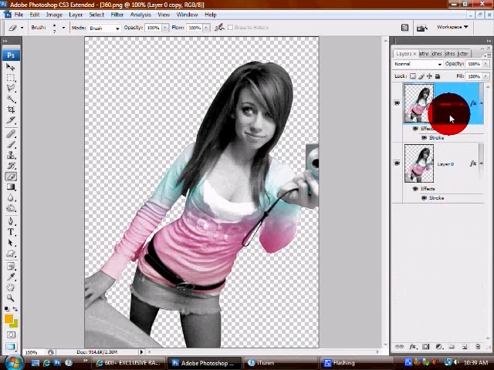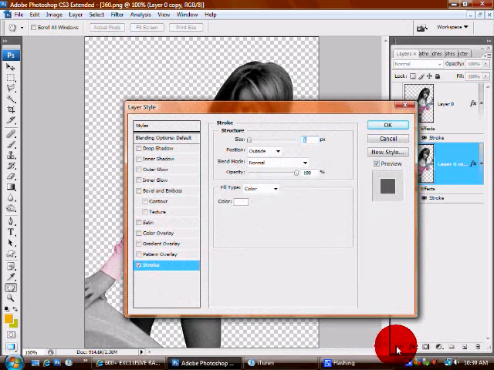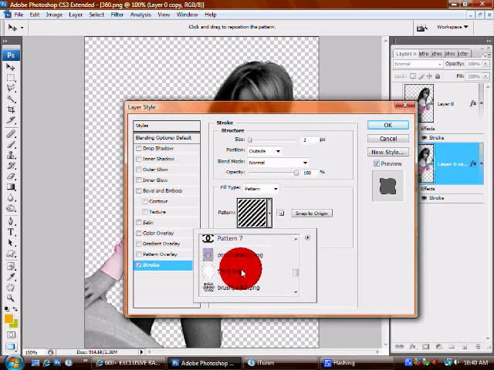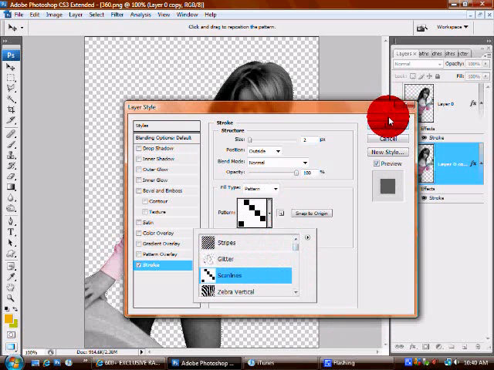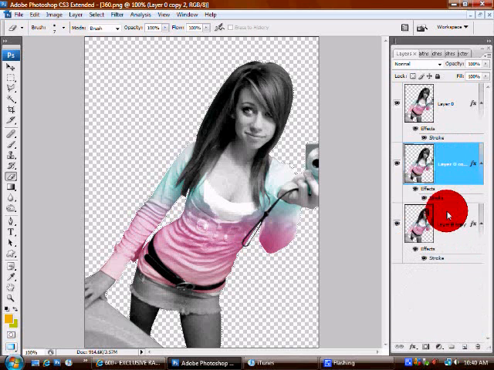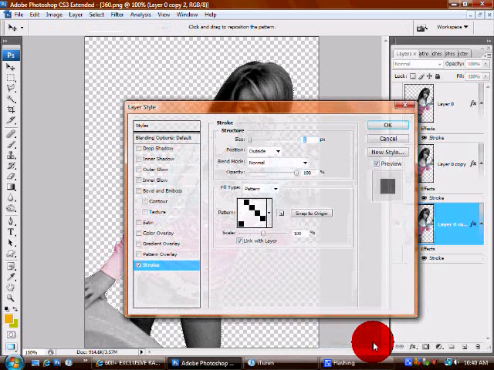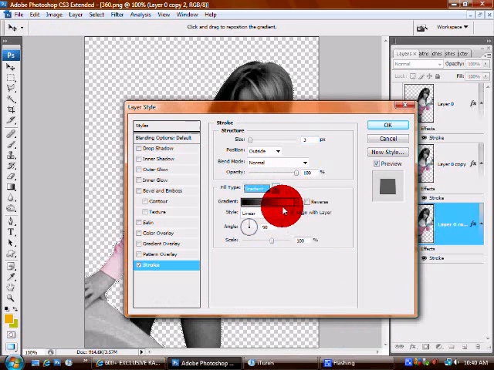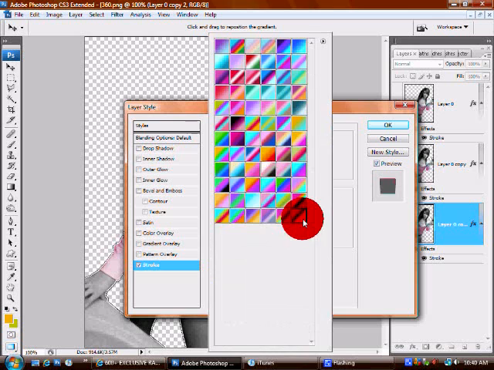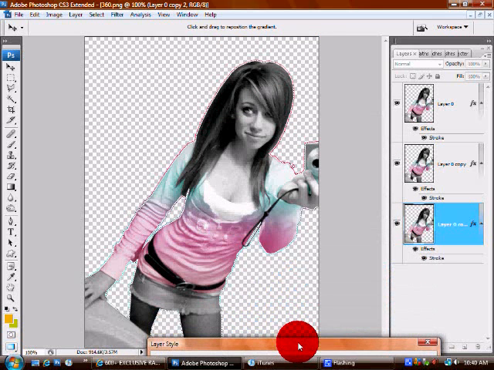Then duplicate your layer, drag the layer under, go to FX and stroke, size 2, fill type pattern. The pattern should be your scanline pattern, and then click OK. Then duplicate your layer one more time, bring that layer under, FX and stroke, size 3, fill type gradient. Your gradient should be what's selected, and then you can select whatever